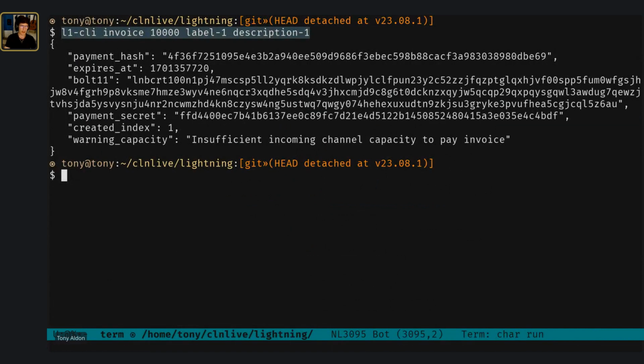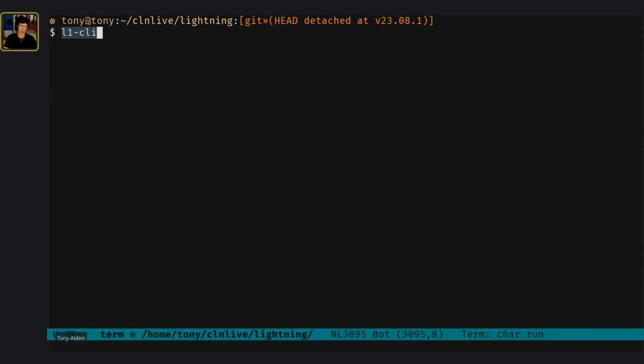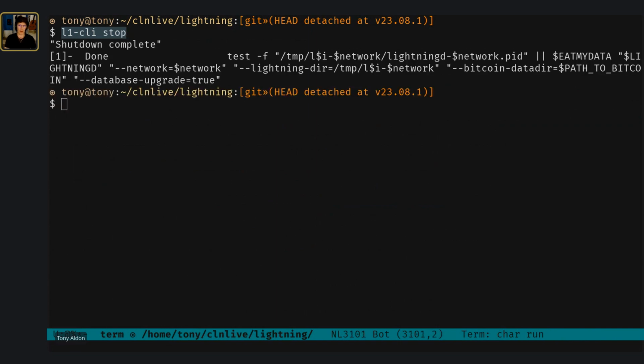Maybe we can go in the terminal, and what we want to do now is we have to stop the node and restart it with the new binary. With l1-cli, we stop the node. Okay, so the node has been stopped. And to restart it, let's see,